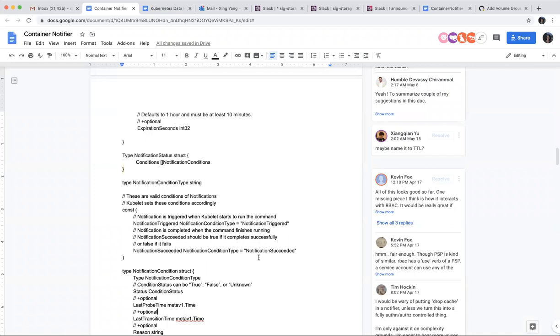And once it's complete, it's going to set notification succeeded, whether it is true or false. True means it's successful, otherwise false means it's not successful. So mainly those are the API changes that we are proposing.